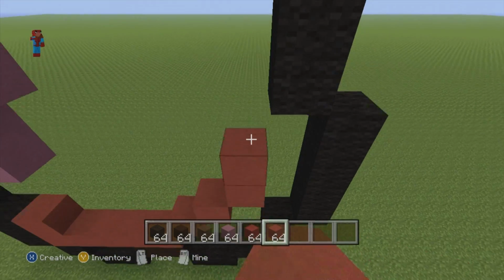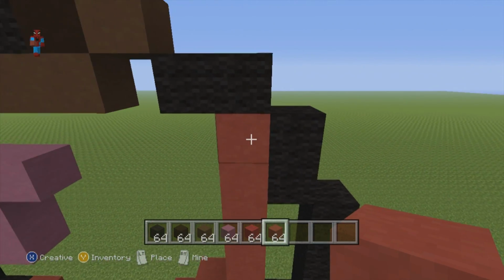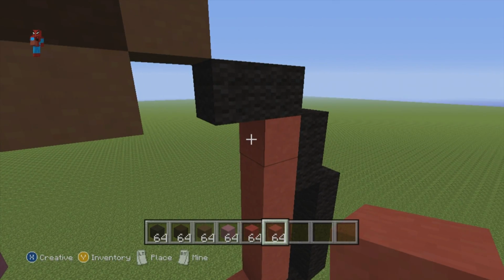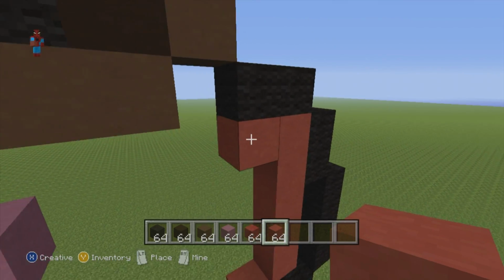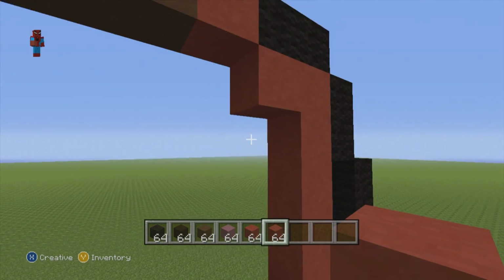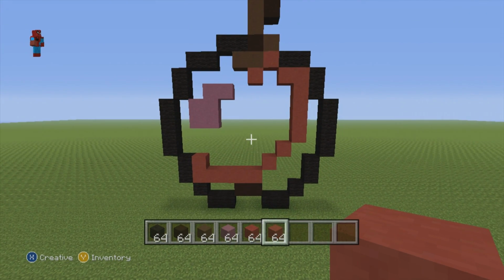Then go up until you connect to the top part of the apple. Going left of the top red stained clay that connects to the apple, just do a single red clay, just going left by 1. Then do an up left diagonal from that clay. Then do a bottom left diagonal. The shape that you want to have formed with your red clay should look